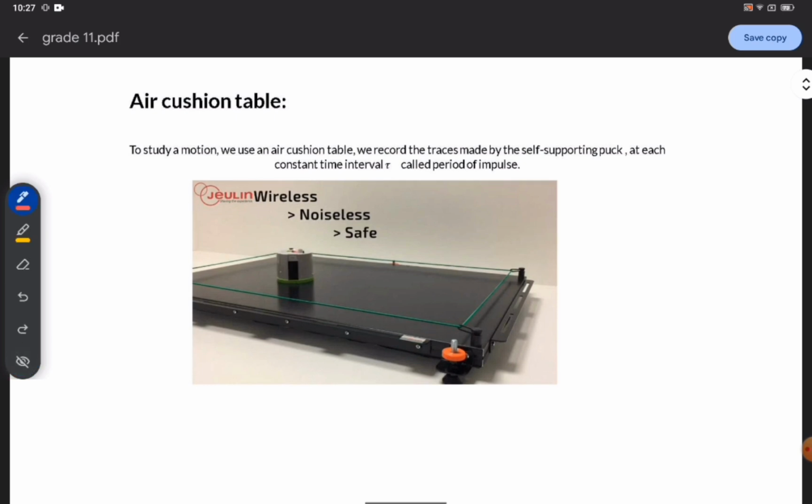Air quotient table. To study a motion, we use an air quotient table. We record the traces made by the self-supporting body at each constant time interval tau, called the period of impulse. For example, this is the air quotient table. Here we have a paper, and this is the body. Inside the body we have a needle that makes traces. After an interval of time tau, at each tau, the body records traces